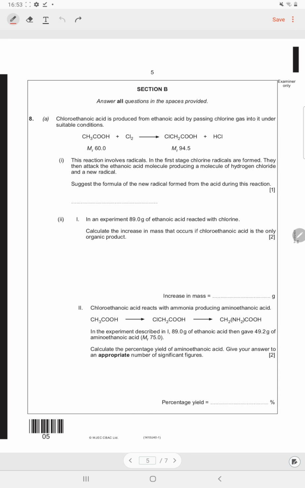Okay, part 2. In an experiment, 89 grams of ethanoic acid. So you've got 89 grams of this. They give you the MR, which is nice. So calculate the increase in mass. Firstly, if we've got the mass and the MR, you can say the number of moles is 89 over 60, which is